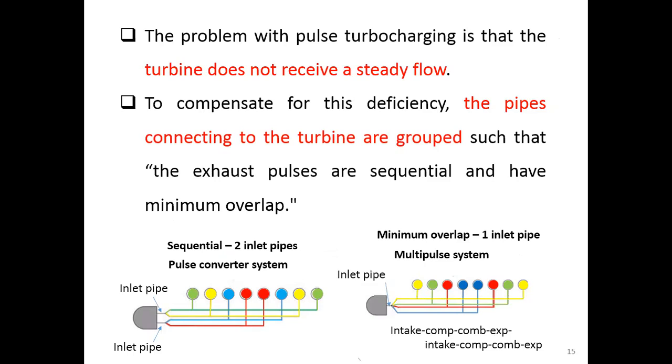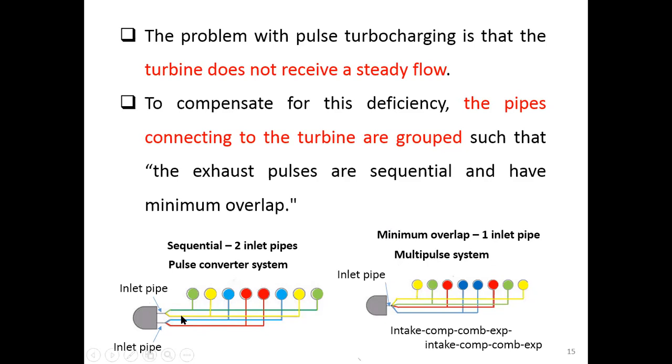Another way is to minimize the overlap that happens. We allow the exhaust flow to overlap, but only a little overlap will happen. Okay, so there are two concepts. The first one, there is no overlap as long as the exhaust flow runs in sequence. We can do this by using two inlet pipes here,